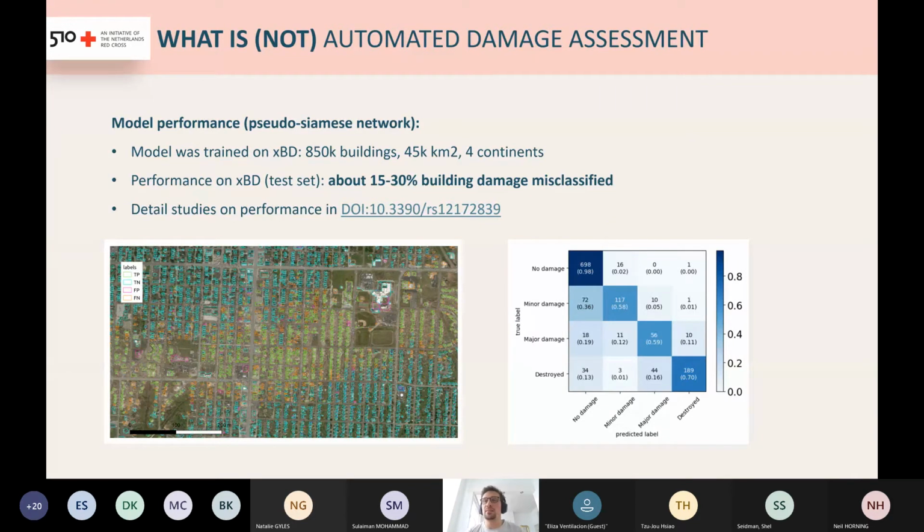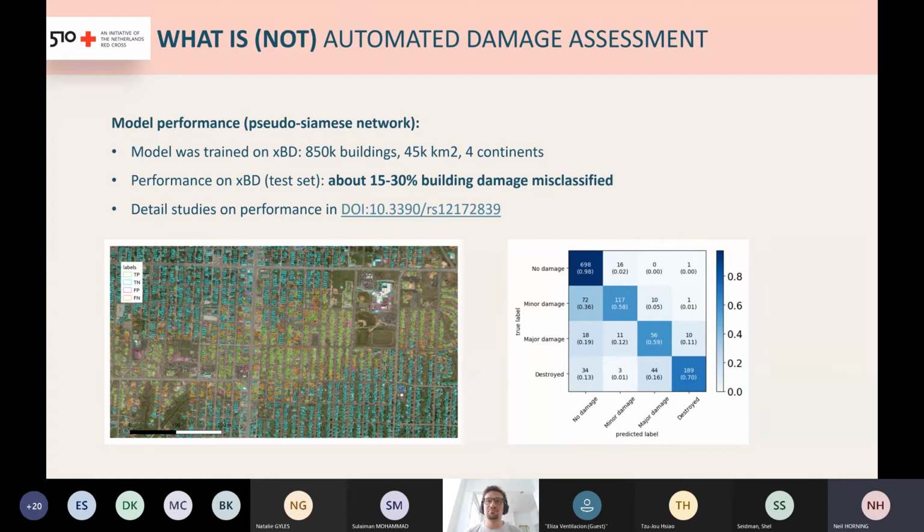I think very often an estimate with 30% accuracy is much better than anything else available if you get it 24 hours after the disaster, when usually you don't know anything. I don't know if people agree with me on this statement. Maybe it's a bit bold, but